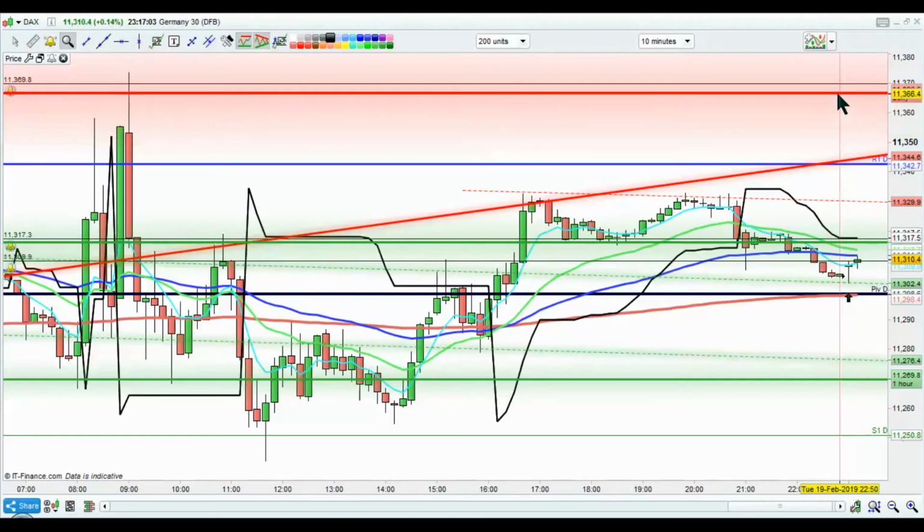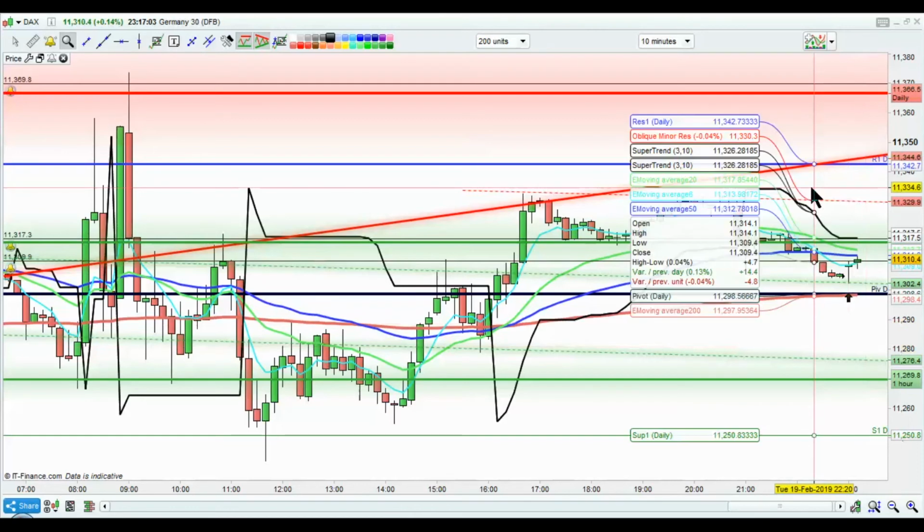But the whole point of this training is all about knowing where your support and resistance lines are, which are key target points for you to take money, key points for entry, etc. So watch out for those. If you've got alerts triggered,